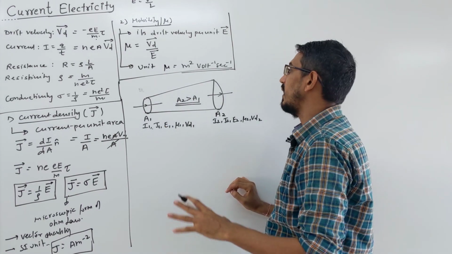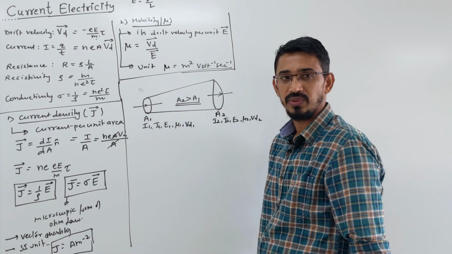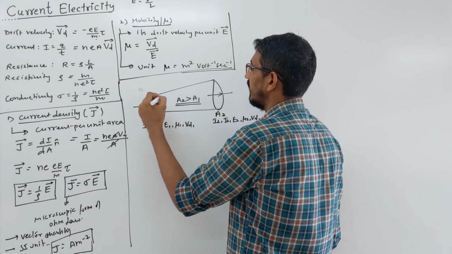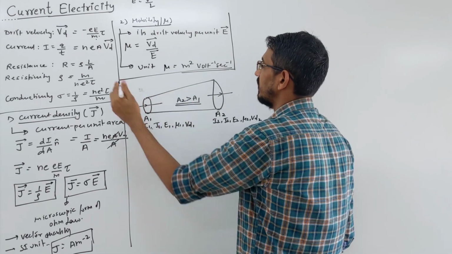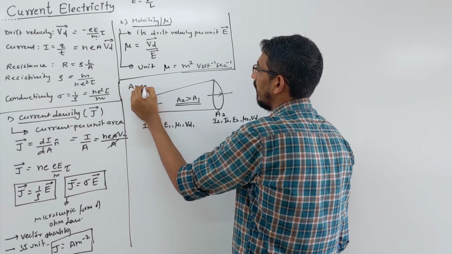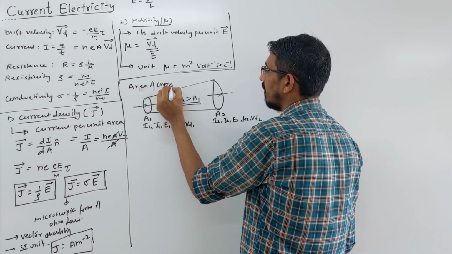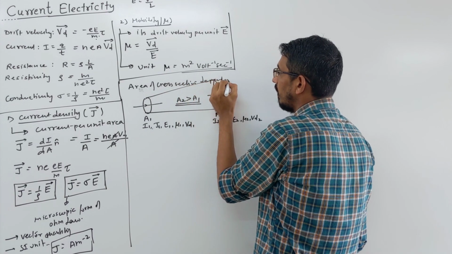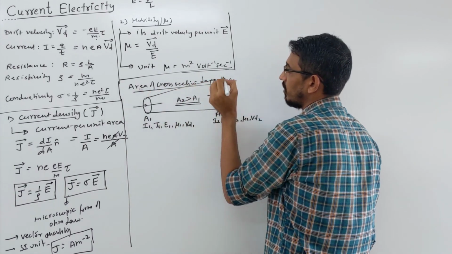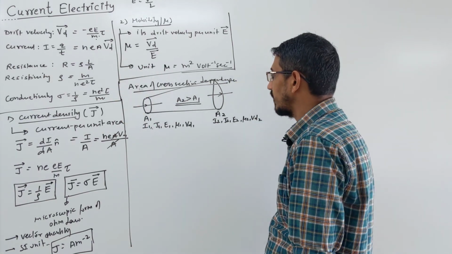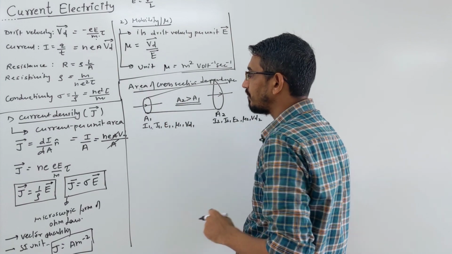Okay, so how does this depend on area of cross section? If you want to write a heading, you can write one to understand this. I am just doing it directly because this was asked as a question to us. So, area of cross section dependence. How do these 5 things that we have discussed already depend on area of cross section?